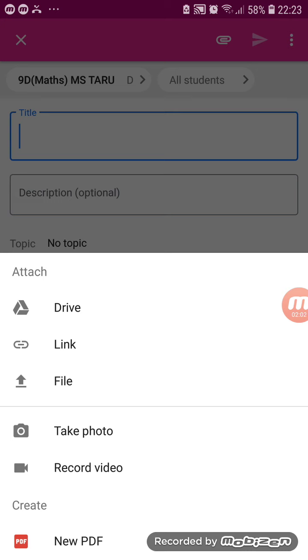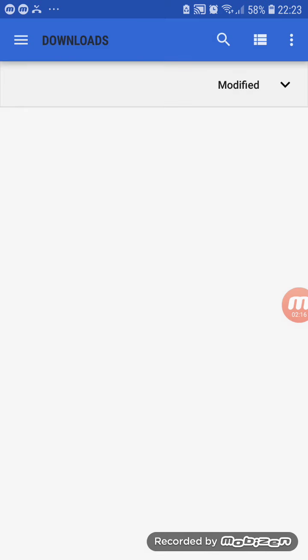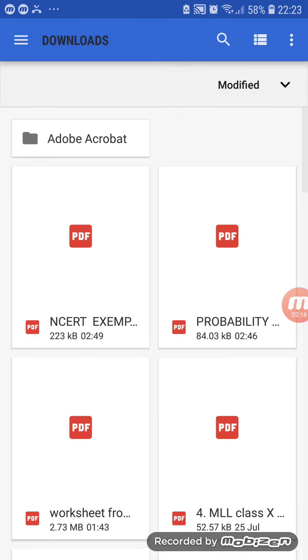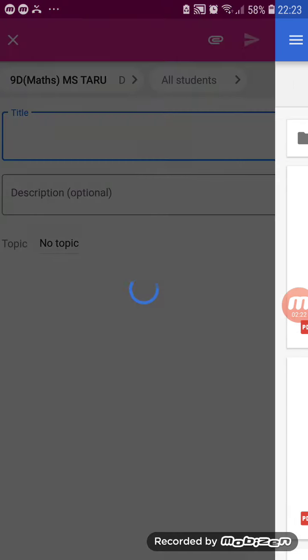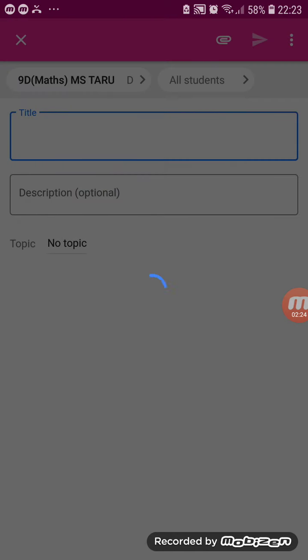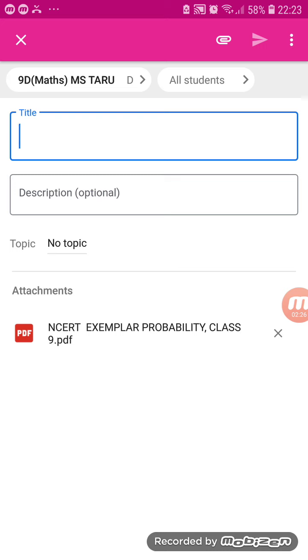It gives me options: attach from drive, from link, from file, take a photo, record video or make a new PDF. Since I have material ready in my file, I will click upon file, and I have this NCERT exemplar material which is ready for chapter probability. I will select it and it will come up there.